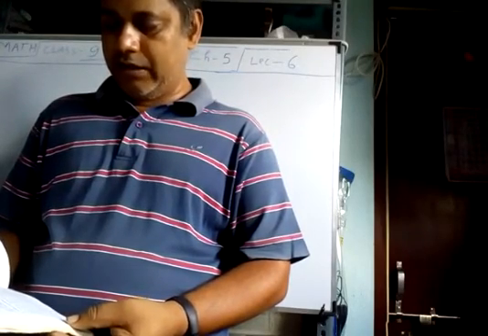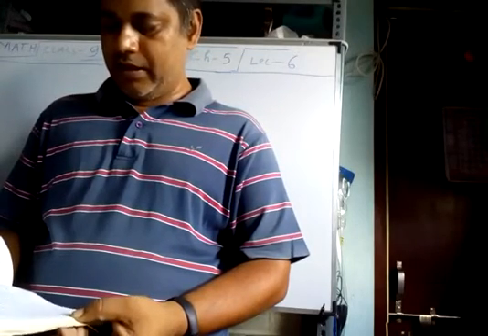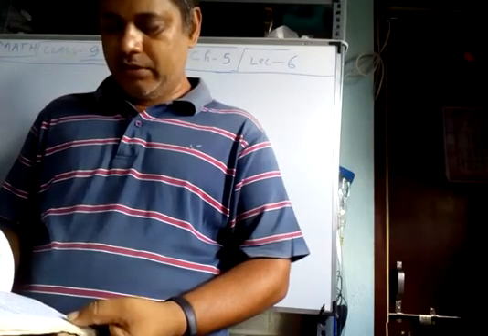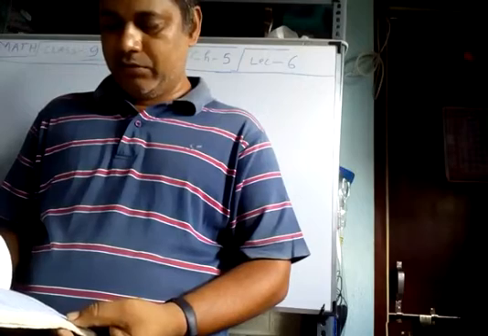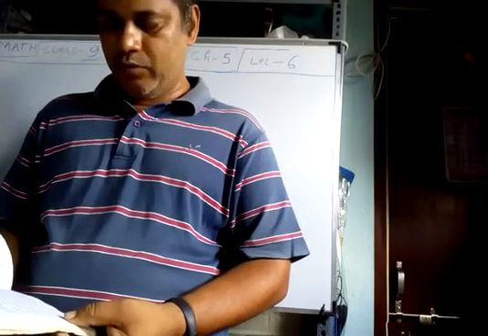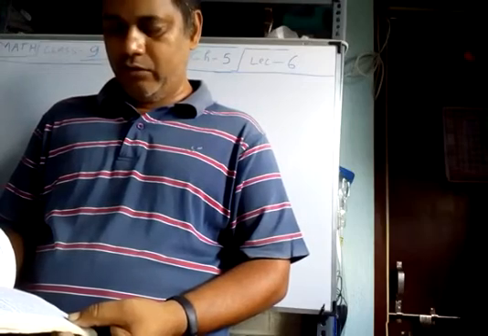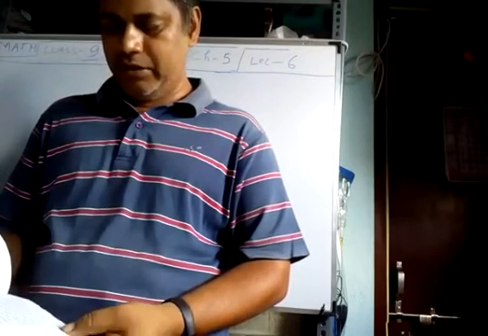Let us find out the relation between the angles formed when a ray stands on a line. Draw a figure in which a ray stands on a line, as shown in figure 6.6. Name the line AB and the ray OC. What are the angles formed at the point O? They are angle AOC, angle BOC and angle AOB. Can we write angle AOC plus angle BOC is equal to angle AOB?